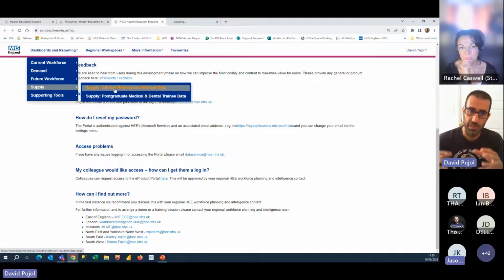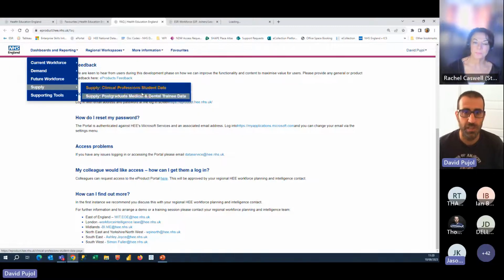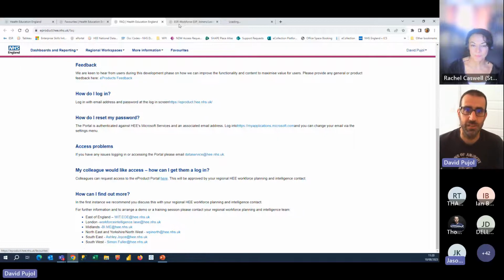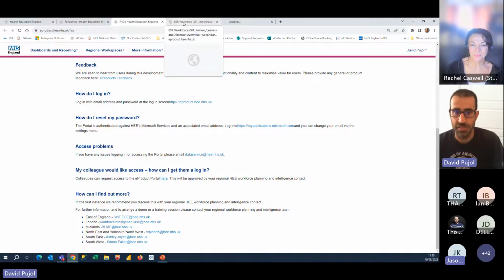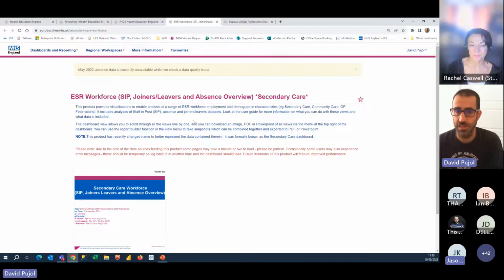sometimes if there's a lot of people using this platform at the same time, downloading data, creating reports, or visualizing tools, this can actually affect the performance a bit. The data services are working on improving the virtual machine so it performs better, but that's something they're looking into. It's just to let you know, don't get frustrated if it takes too long. Sometimes there are too many people and you have to look at it with a bit